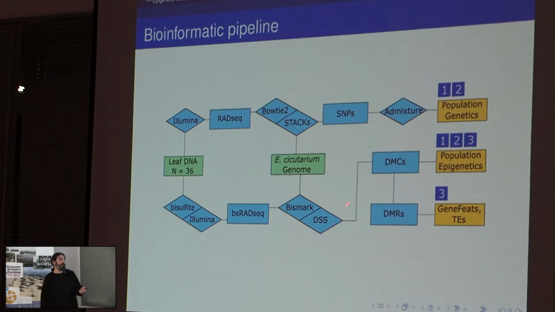Then we checked for differential methylation between populations, separately for both species. That gave us a list of DMCs, which is differentially methylated cytosines. We use these DMCs as markers to estimate epigenetic population structure. And then